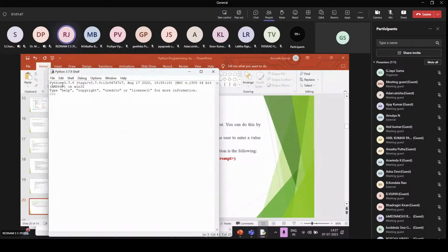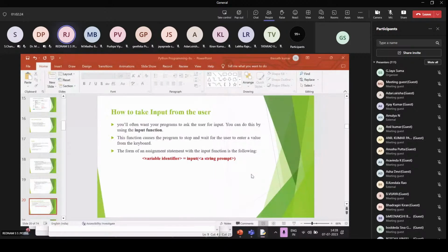Let me write something here: A equals 10, next B equals 20, next A plus B. Now what is the value of A plus B? 30. A equals 10 and B equals 20, A plus B equals 30. If you write A plus B again, what is the value? 30.